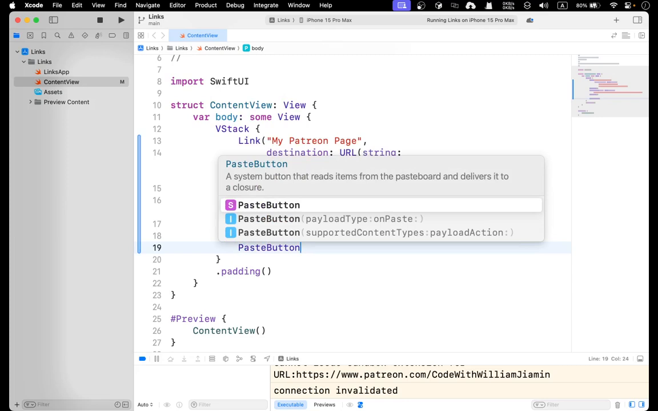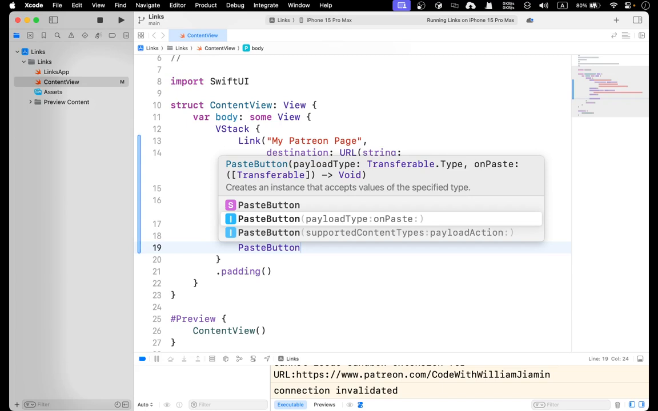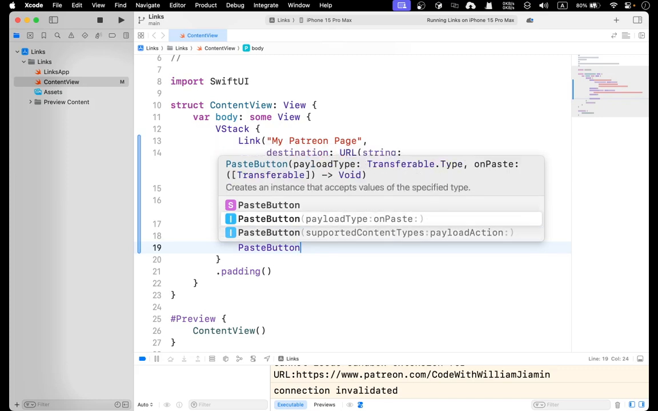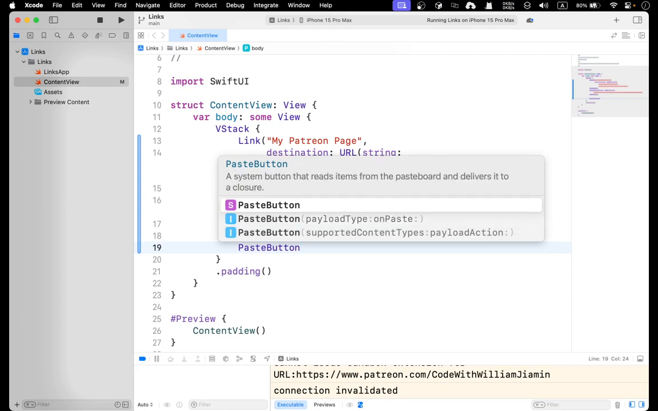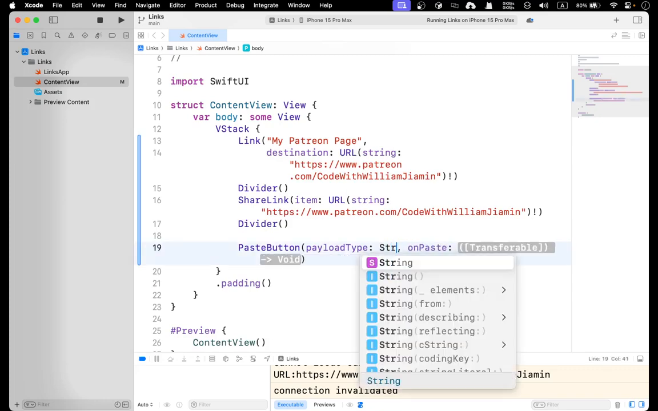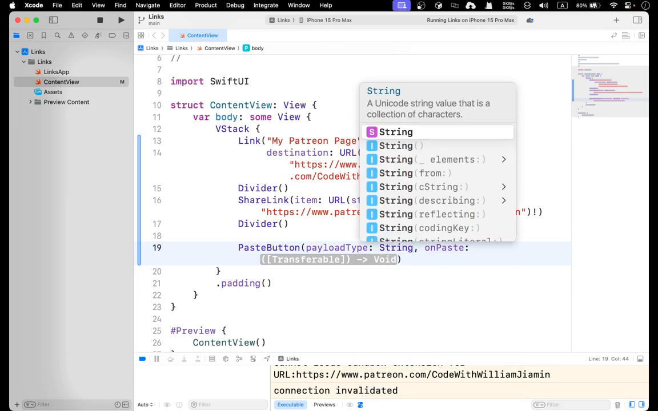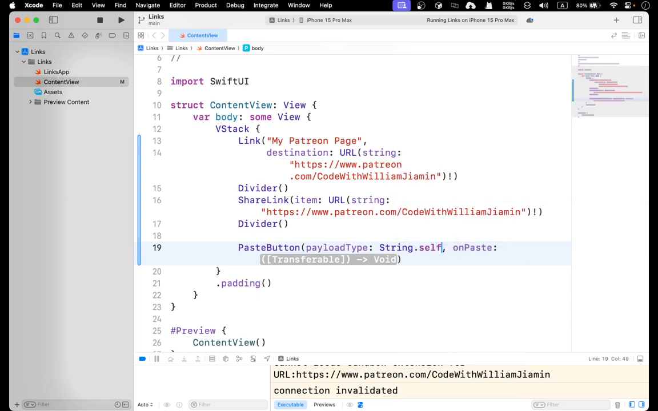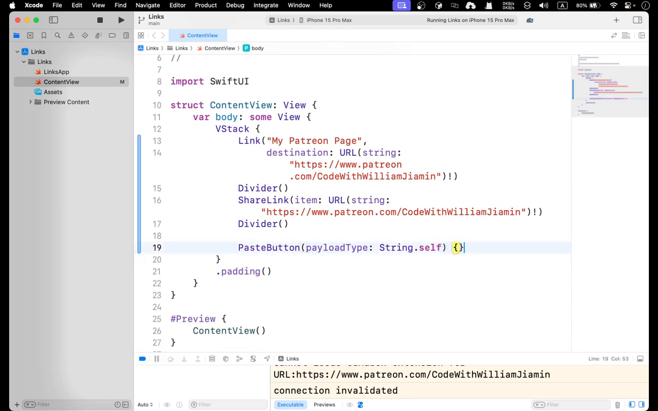Okay, and we got this payload type on paste, something like that. It supports content type, so we have a lot of ways of doing things. Transferable with, let me just use this one. Payload type will be a string. Normally we treat this as a string, and for the string itself, we want the payload type to get the string itself, and then you can say for strings in